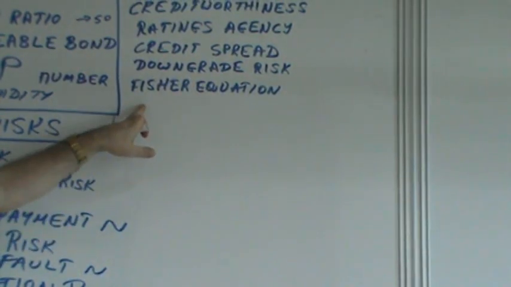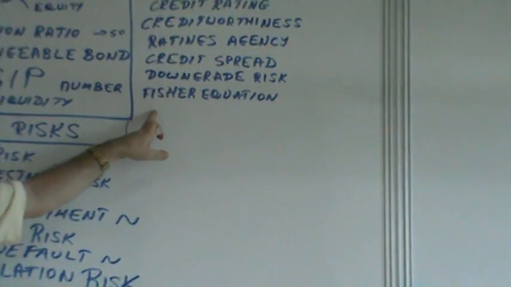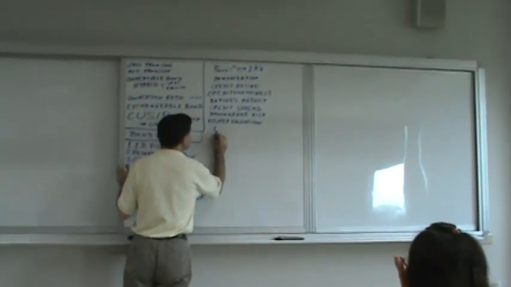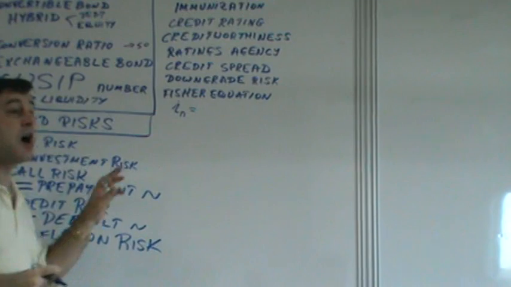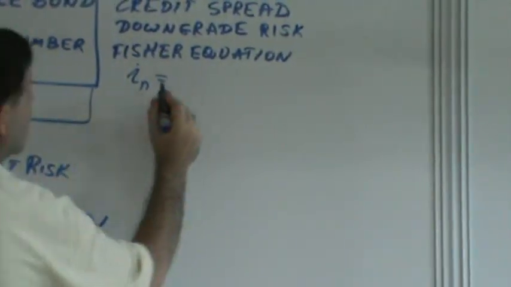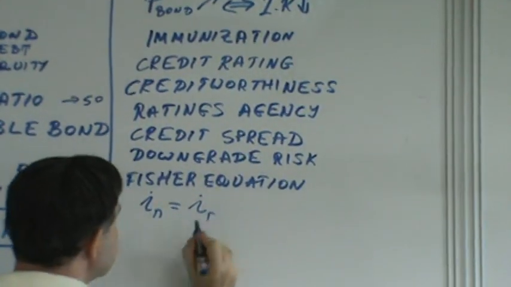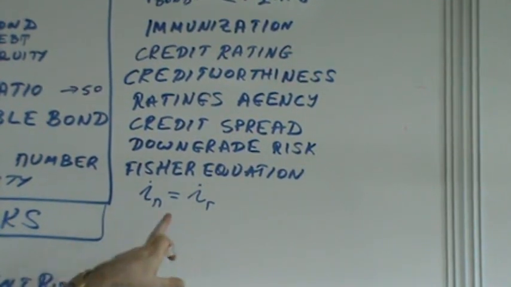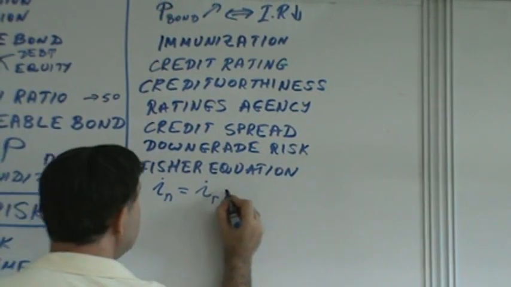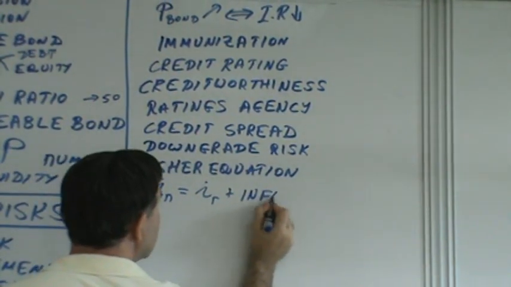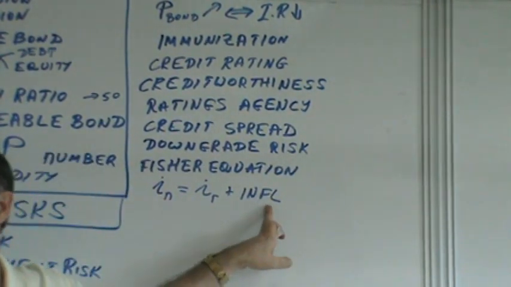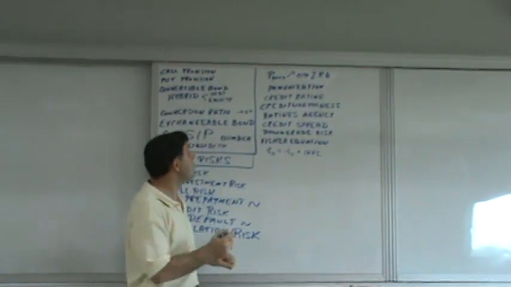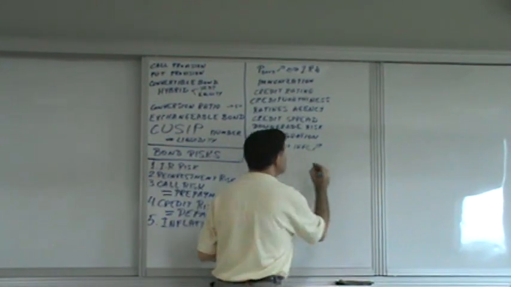And the Fisher equation is amazingly simple. The most elementary thing which you study at the beginning of finance is that nominal interest rates equal real interest rates plus, let's just call it inflation, the inflation premium or compensation for inflation. Okay? So, if inflation goes up,